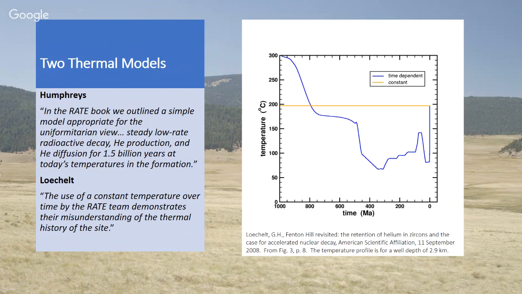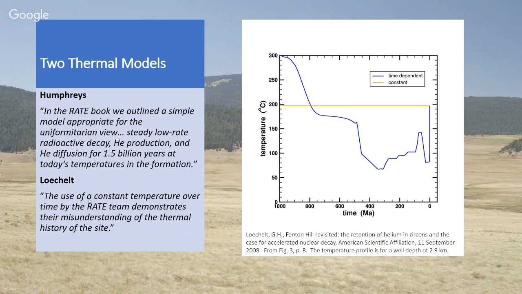This is something that really comes out in Humphreys' approach. His view of uniformitarianism is that it's constant, things don't change, which is really not the view of practicing geologists. My working definition is that the structures that we can see today can be explained by the processes we observe today operating over time. It doesn't mean things are constant, because we see changes today, and sometimes they're not slow changes. When a volcano erupts, it's not a small change. When there's a major earthquake, it's not a small change. It's just that the cumulative effect of those changes can explain what we observe today.